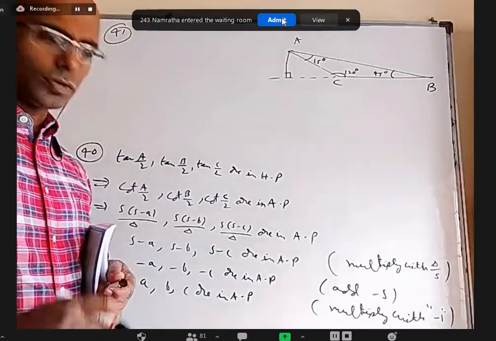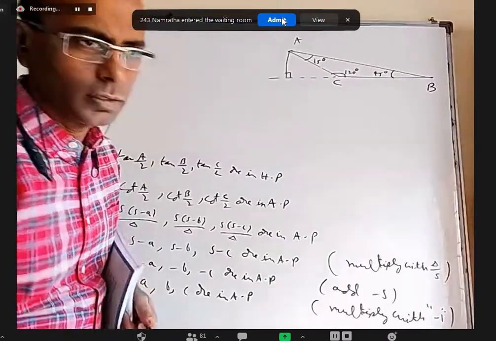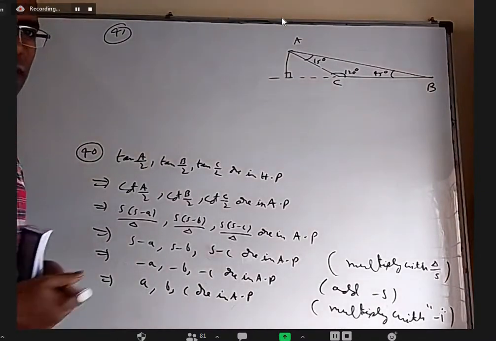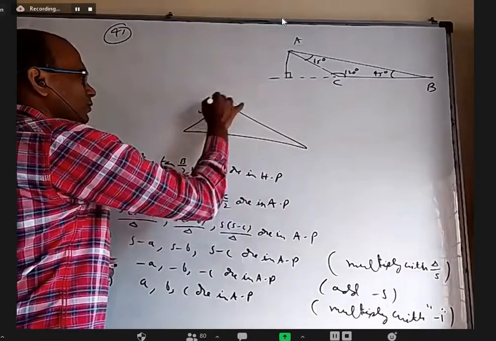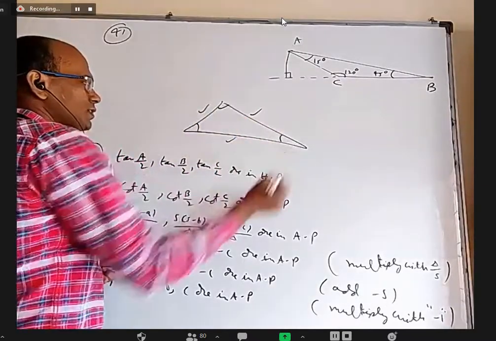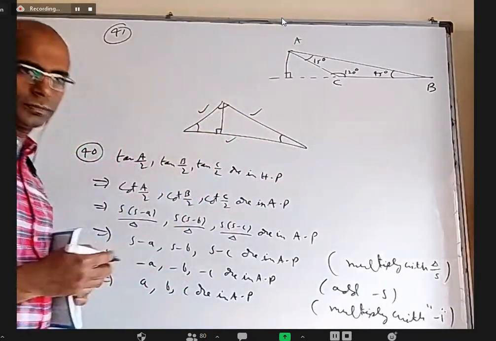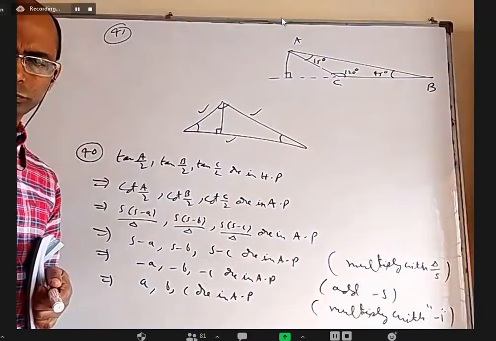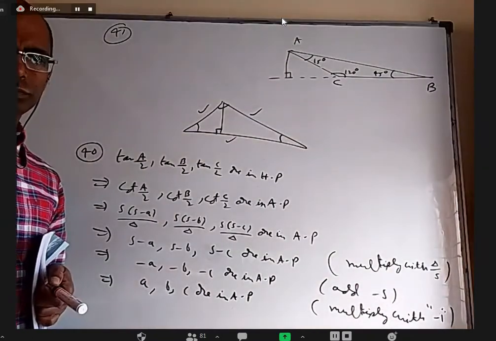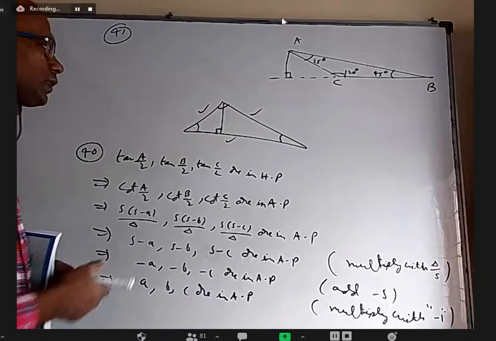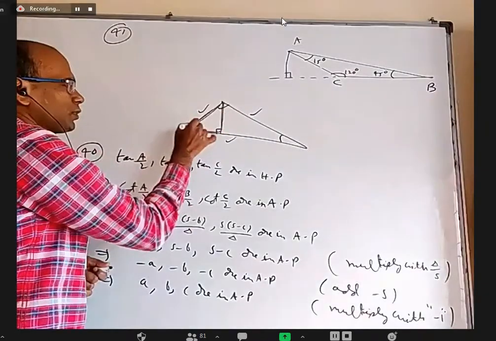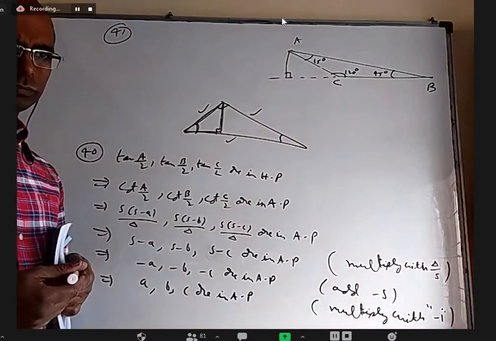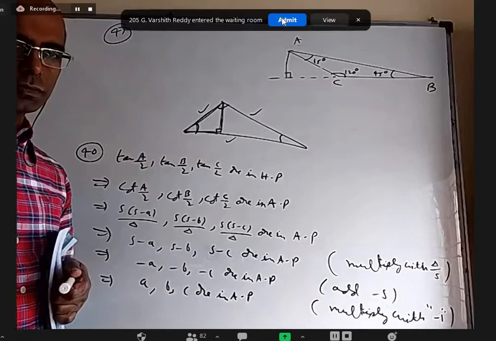In general, anybody want to give me an idea how to find the altitude of a particular triangle? I'll give you all angles and all sides. That's a triangle. I'll give this length, this length, this length, and this angle, this angle, this angle. How will you find this height? Anybody? Sir, A sin C or A sin B. Yeah, you can take any of these right angle triangles. You know the hypotenuse, you know this angle, you can find it. That is one way. Any other way? By using the cos rule, you will find the altitude. How is that?